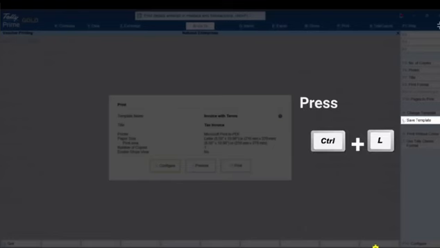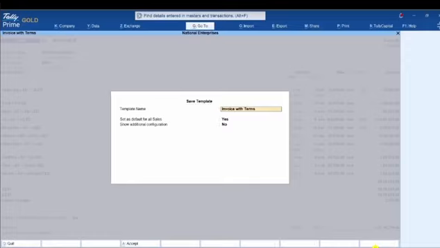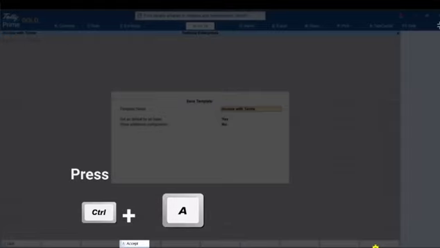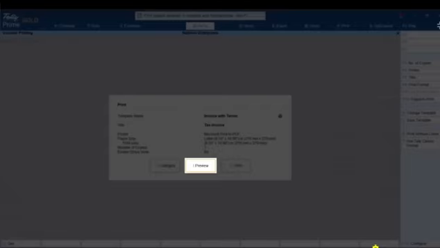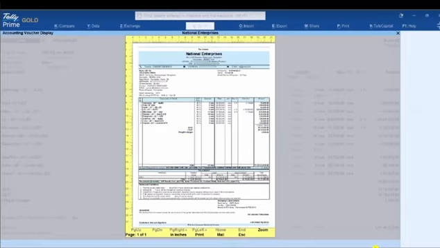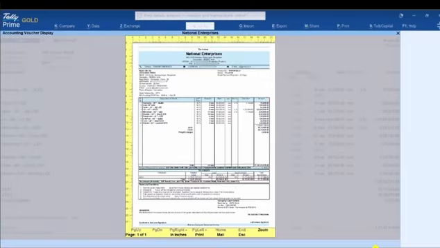Press Ctrl L to open the Save Template screen and save the template with the updated changes related to bank details. You can press I to preview the template with the bank details appearing in the template. Now, every time you want to print